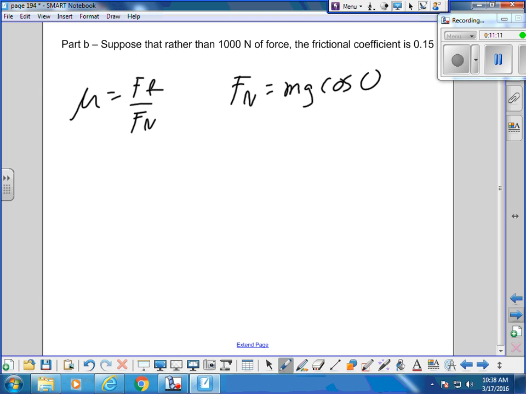Fn is mg cos theta. 250 times 9.8 times cosine 30, and you get,